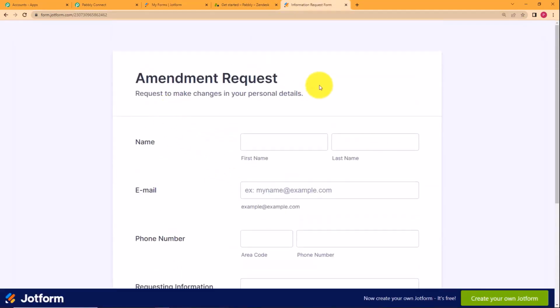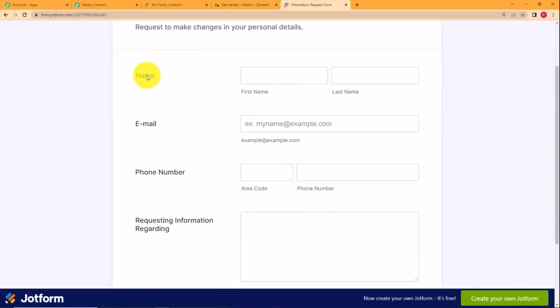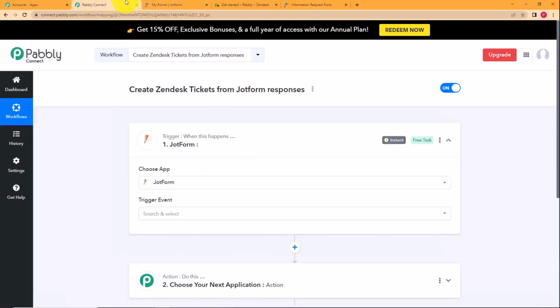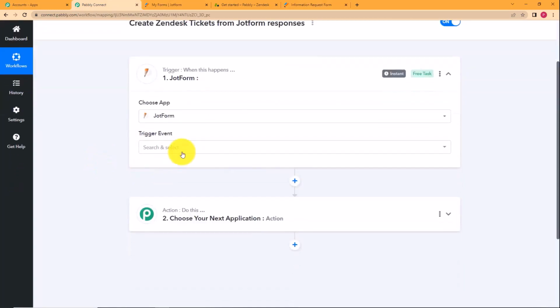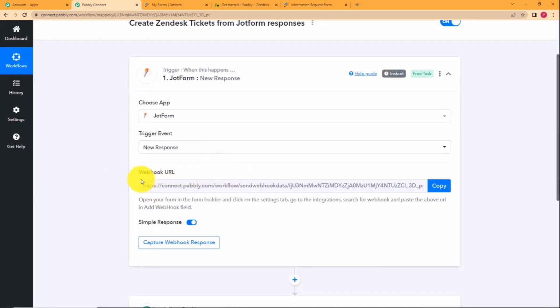Now this is an amendment request form. If you want to change any of your personal details like name, email, phone number is given over here, that is the basic detail. But if you want to change any other details, you can enter the detail in this section and then click on submit. As soon as you submit, Pabbly Connect will capture the response. Okay, so our trigger event will be a new response from Jotform, and then they will provide you a webhook